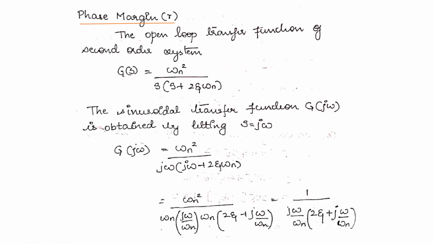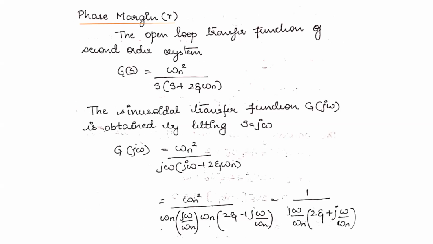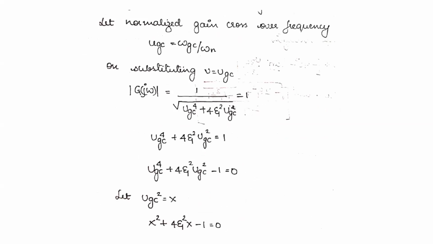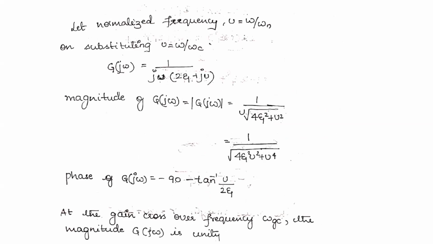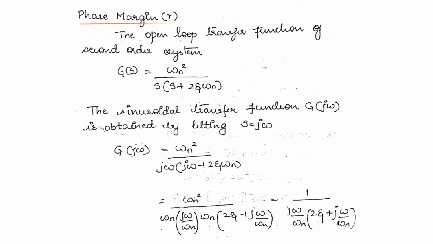Then you have the phase margin. Phase margin, as I said, is a value which should be added to make the system be at the verge of instability. So here you just go through. This is the derivation that we have. And when we talk about the Bode plot again, we will know what the phase margin is.